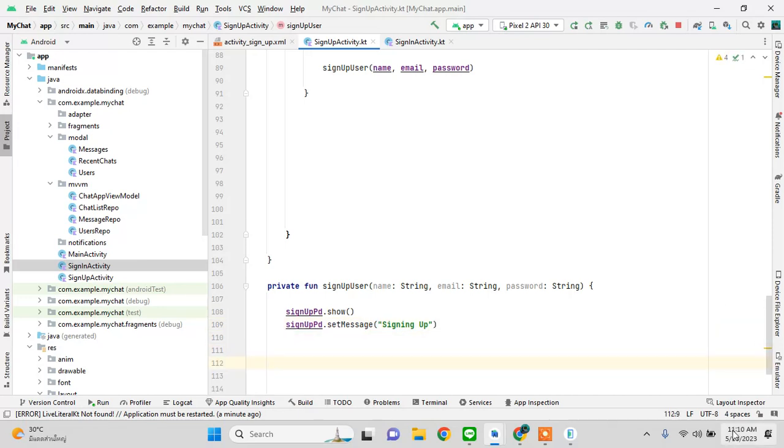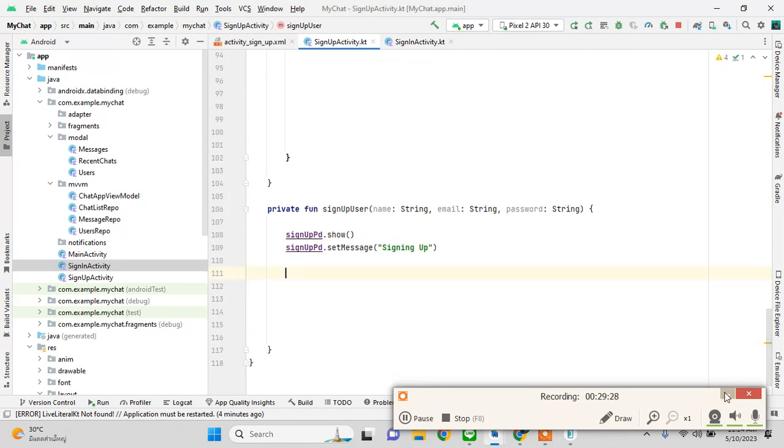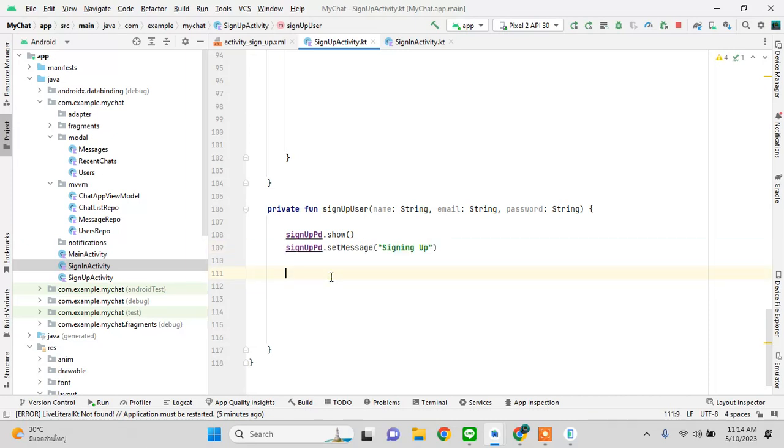Okay, so we have written this so far: the loading animation or progress dialog needs to have this written. Now we will just call our